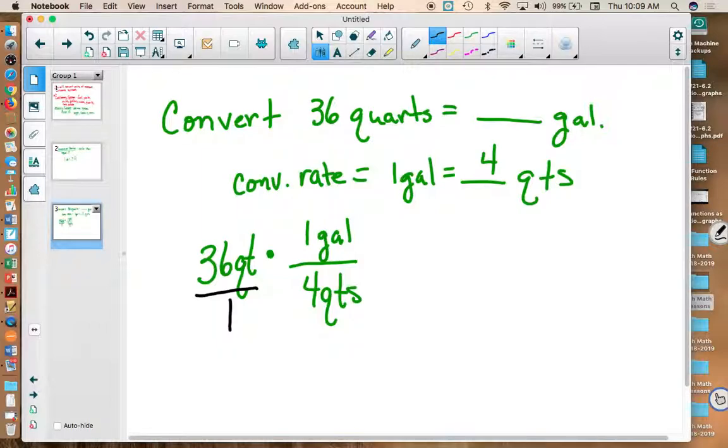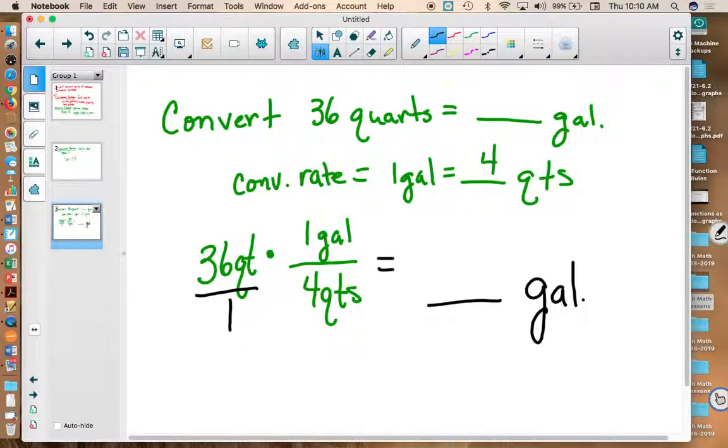Well, I will reduce that here in a minute, but first of all, I want you just to look at the label. What label can I take out? Braden? Okay. Now, let me ask you this, bow tie. First of all, what do I want to know? What was the question? 36 quarts equals how many gallons? So I want to make sure I got that label. Do you agree? Look here. How is it that I'm going to cancel out? Do I have quarts on top? Do I have quarts on bottom?